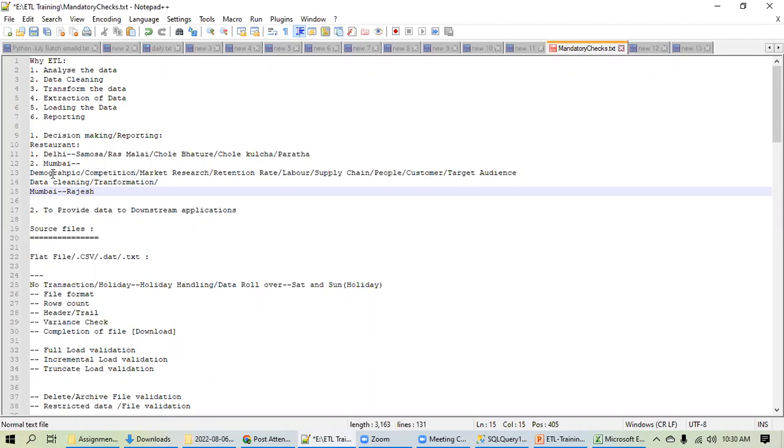Next thing is, I have to start analyzing the data, right? But before analyzing, tell me one thing. Should I trust the data Rajesh has shared with me?